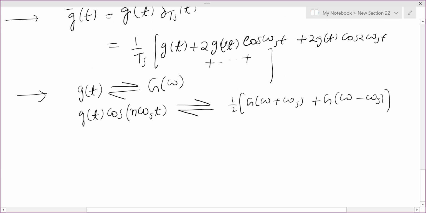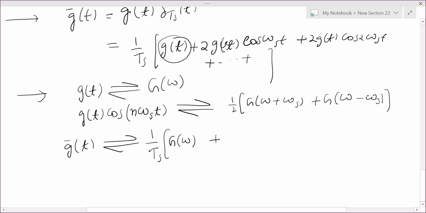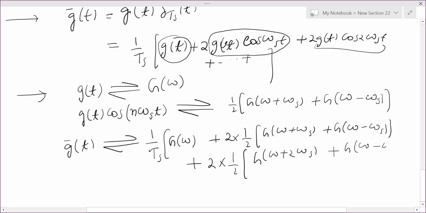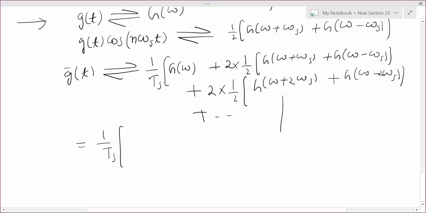now if you look at this g hat of t here, its Fourier transform will be, so the first term is 1 over Ts, that will remain as it is. So here is g of t, it becomes g of omega, right, plus then there is g of t cos omega s t, 2 into, so we'll use this formula, 1 over 2 g of omega plus omega s plus g of omega minus omega s, plus similarly 2 times, then there is g of t cos of 2 omega s t, so g of omega plus 2 omega s plus g of omega minus 2 omega s, and so on and so forth. So this 2 and 2 will get cancelled throughout, so it will be 1 by Ts times